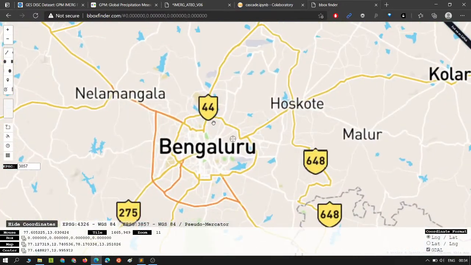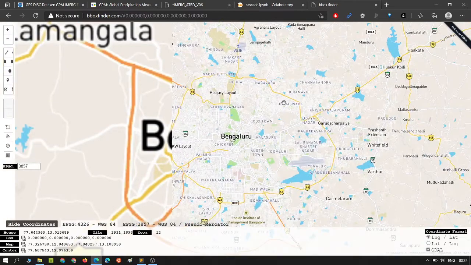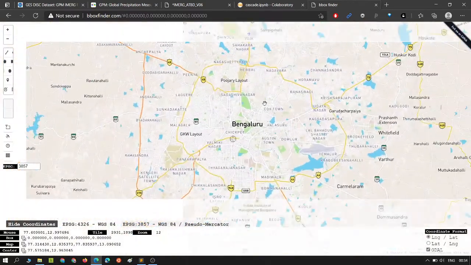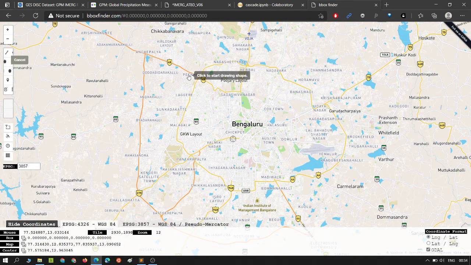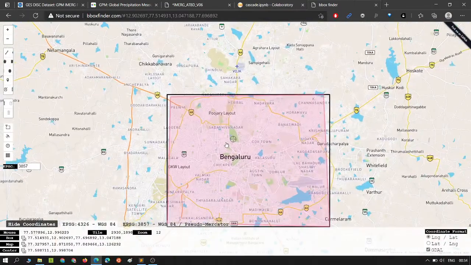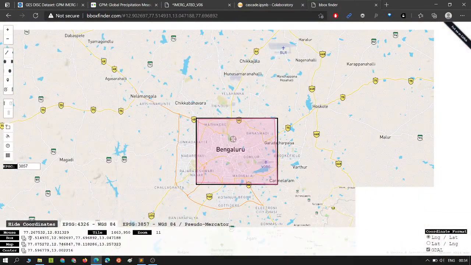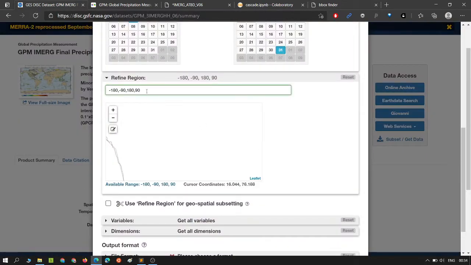It needs to be approximate because this data is 11 kilometer square spatial resolution. So we can actually approximate the bounding box. We draw, start clicking and make a bounding box out of it. Once this is done, these coordinates are actually displayed here. You can go ahead and copy this and then paste it in this location.